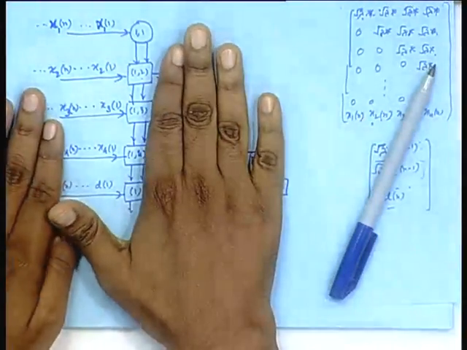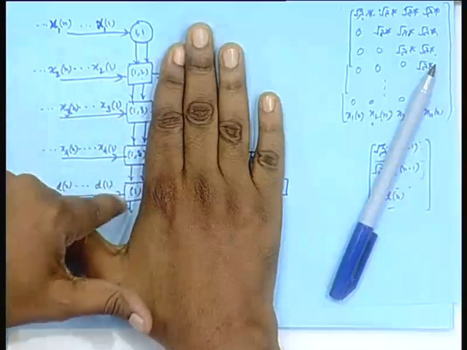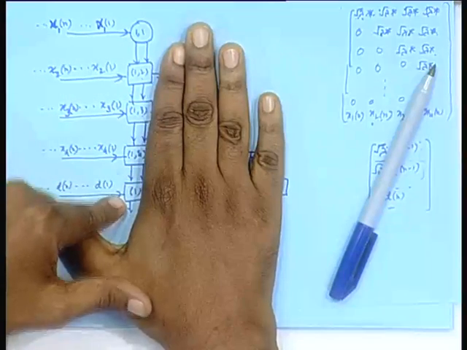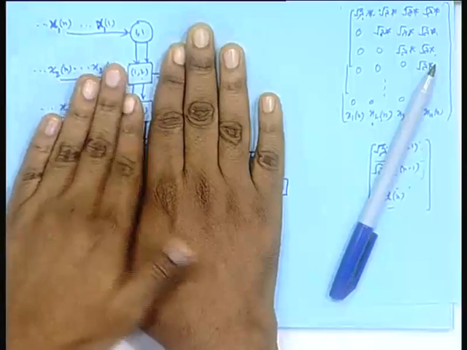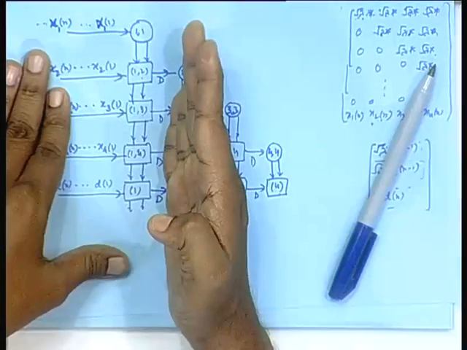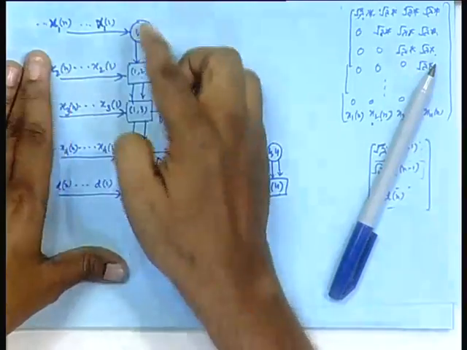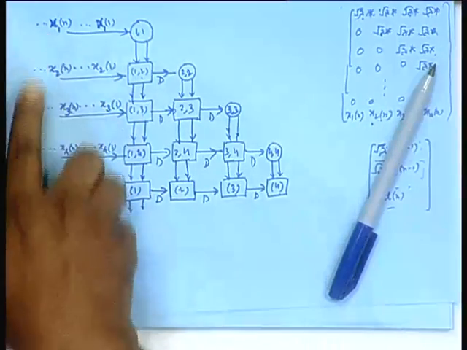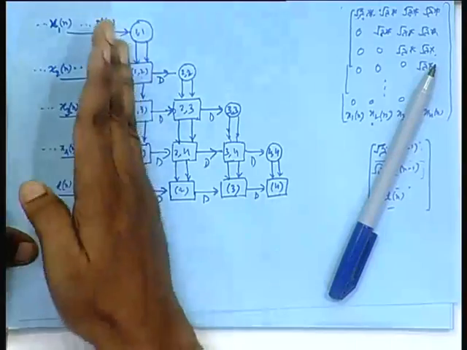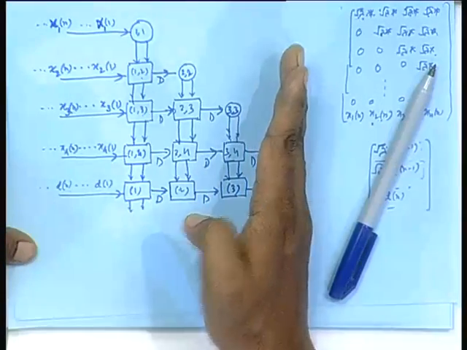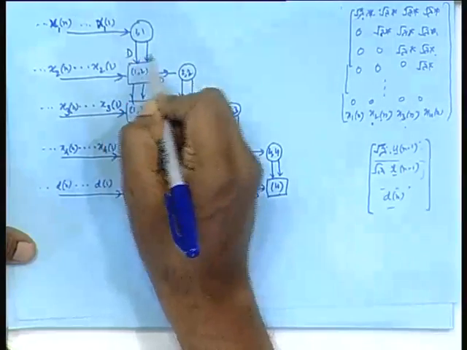That means in one clock cycle, these operations will be done. This followed by this, followed by this, followed by this, followed by this. Once that is done, then you pass on the stuff to the next, and once it processes this result, you can accept the new data x1(n+1), x2(n+1), like that. Okay? You do not have to wait for the entire thing. So, it comes down. I can go vertically also